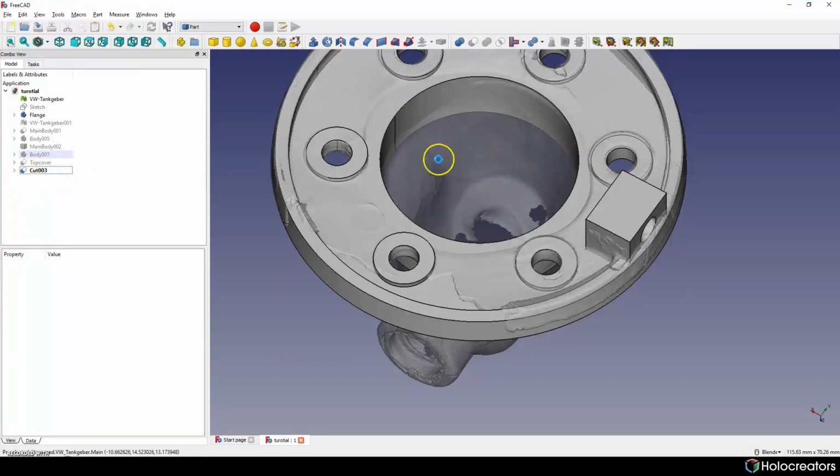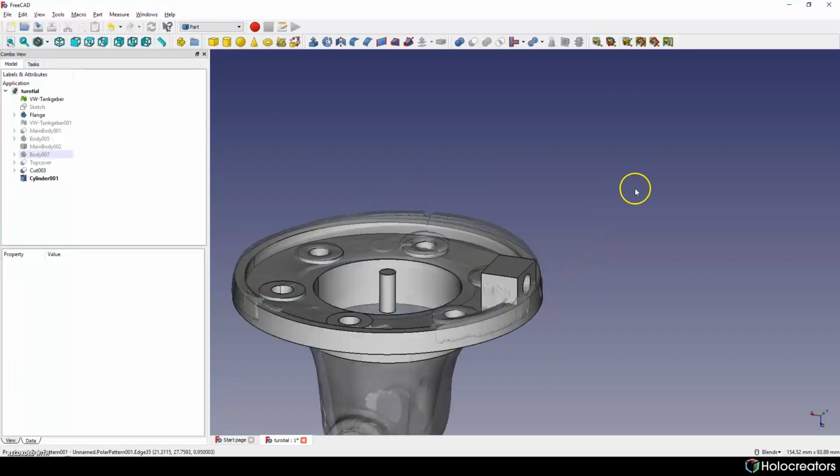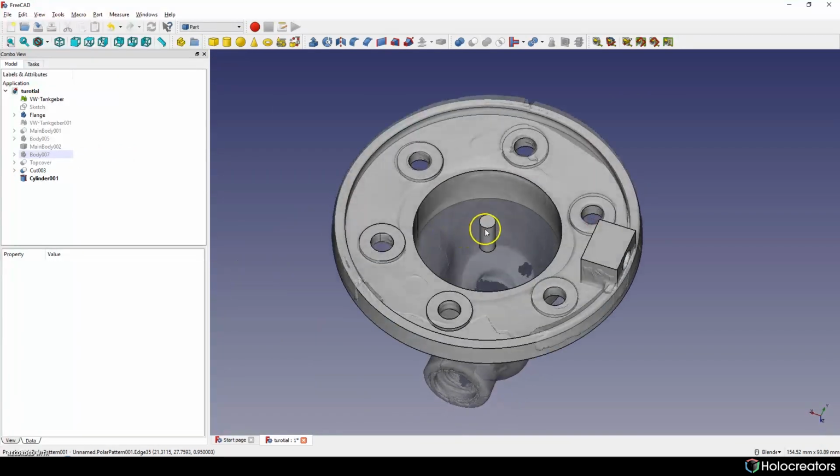It's almost the same process. We just need to create a new cylinder.